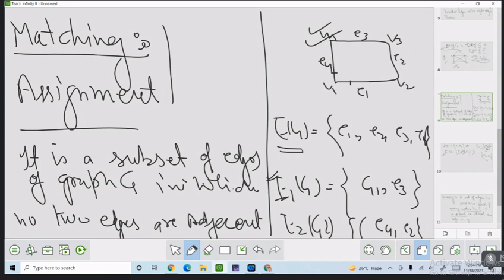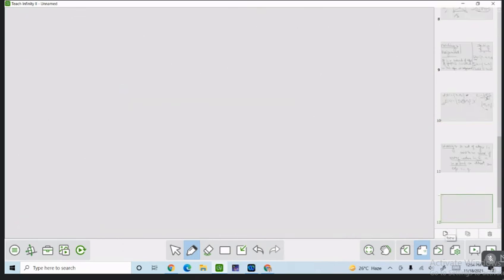If you take this one, because I am taking this edge and this edge, so all the vertices are incident on at least one edge, either this edge or this edge. This vertex is incident on this edge, this vertex is also incident on this edge, and this vertex, every vertex is incident on at least one edge. So it means a covering of G is E1 and E3.